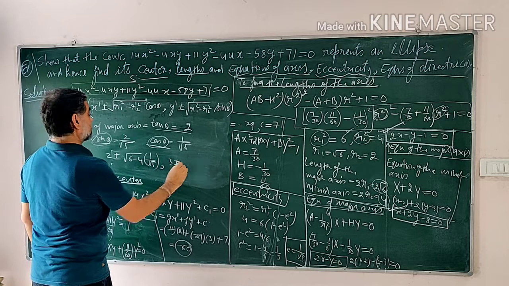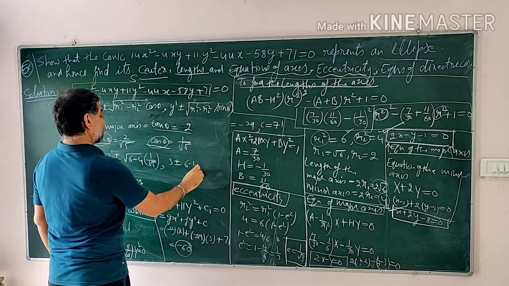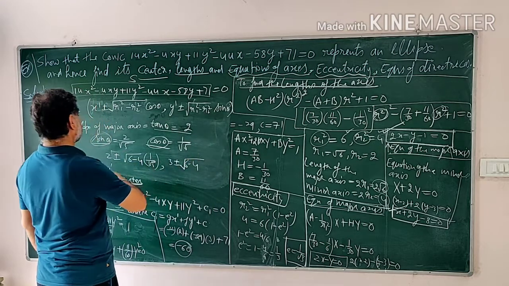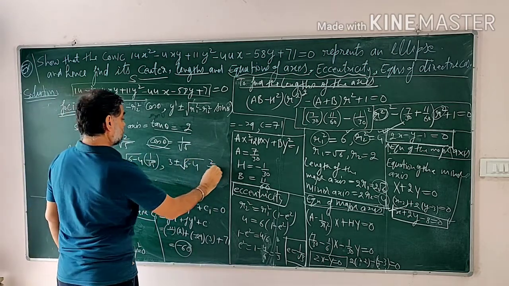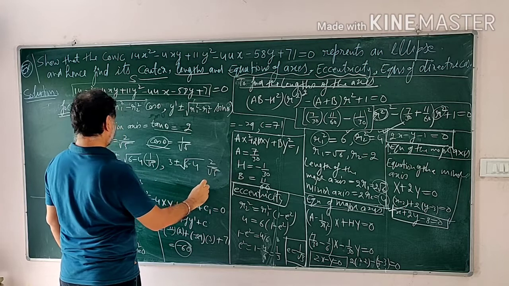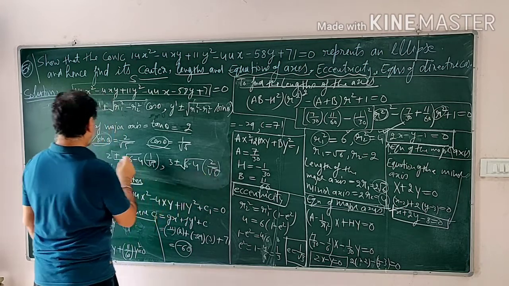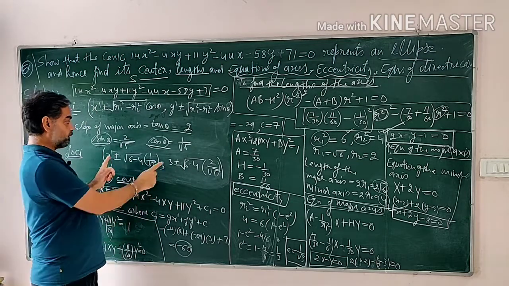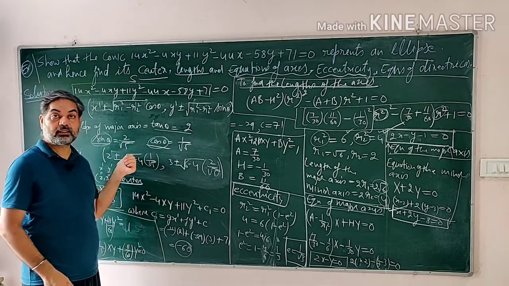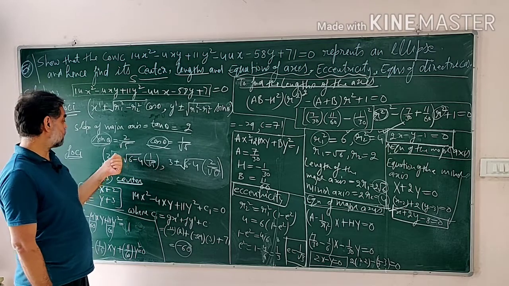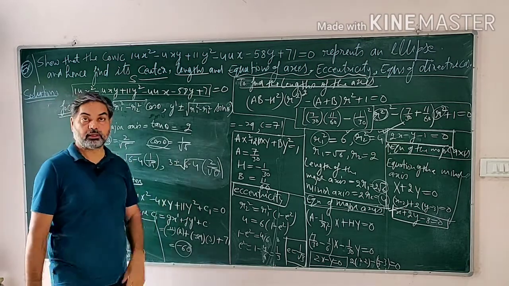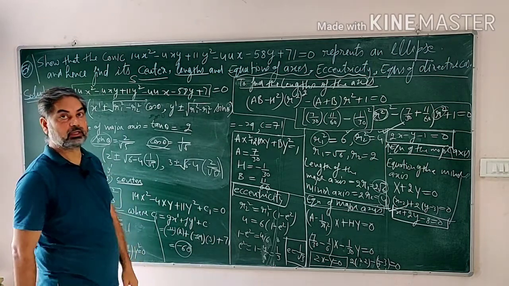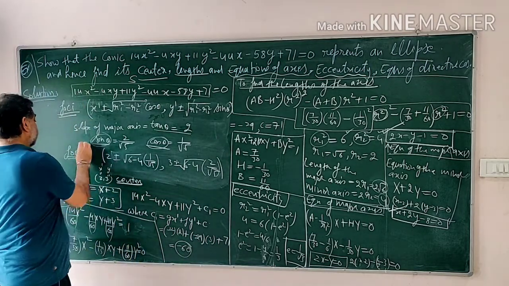and 3 plus minus 6 minus 4, and the value of sin theta is 2 over root 5. So these are the coordinates of the foci. One focus by taking the plus sign here, and the other focus by taking the negative sign here. You can do the calculations. So this way you can find the